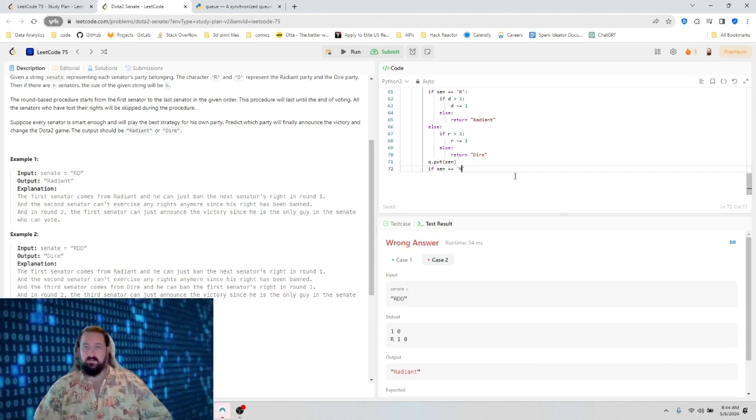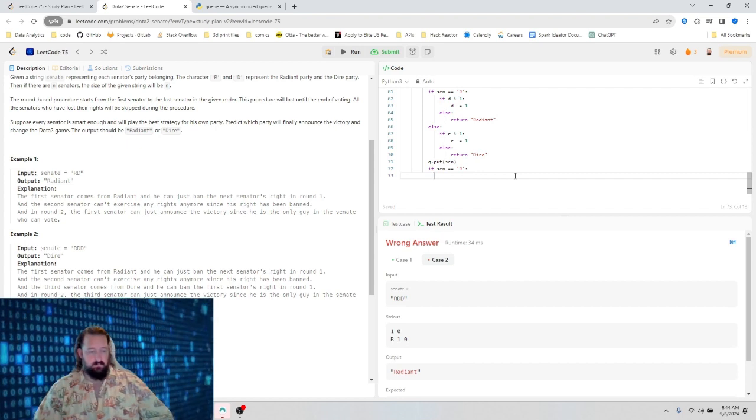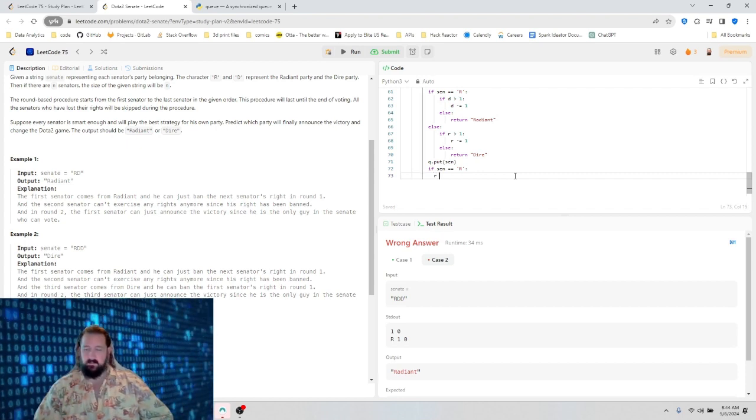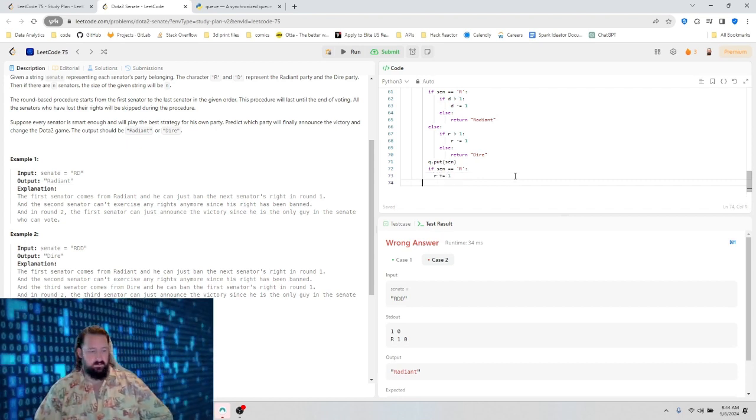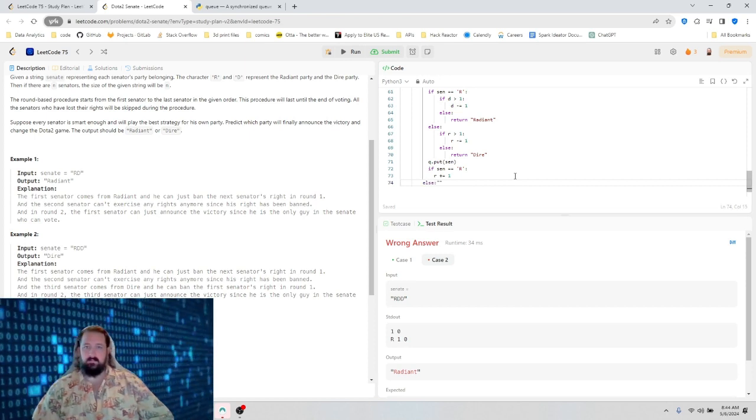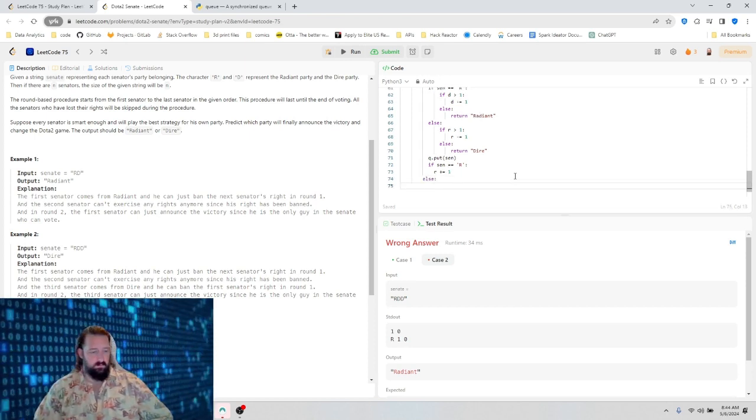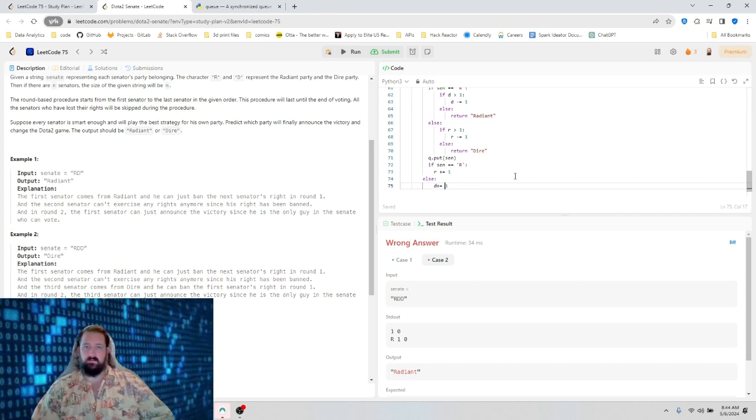Sum is equal to R, and then R plus equals 1, else D plus equals 1.